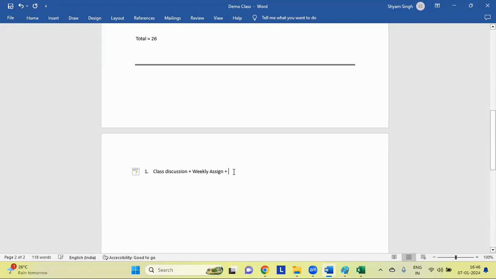After that you will get weekly notes, and after that you will get interview questions.